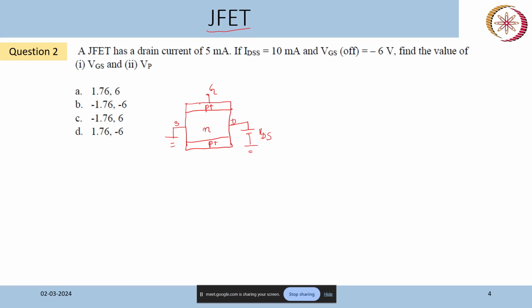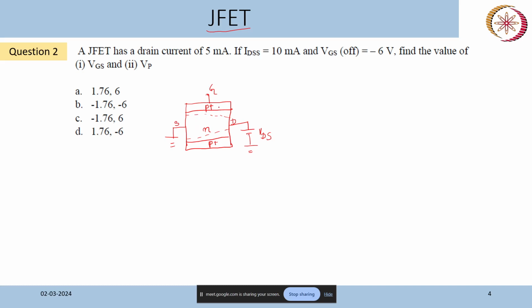Now this gate, this P plus N junction, is generally kept reverse biased, so there will be a certain depletion region, and the depletion region will have this kind of shape because a positive voltage is applied here, so the width of the depletion region will be more on the drain side. These concepts were discussed in the lecture series.